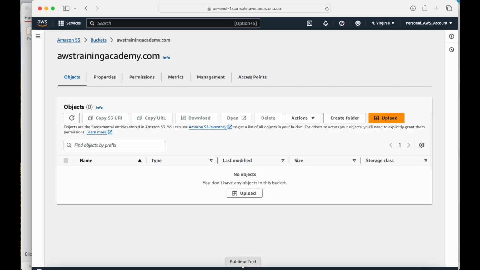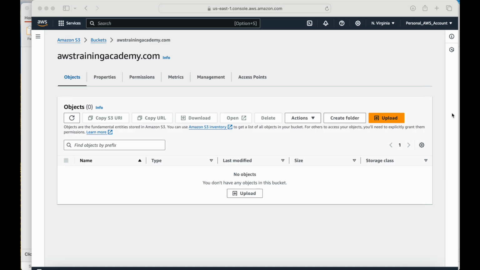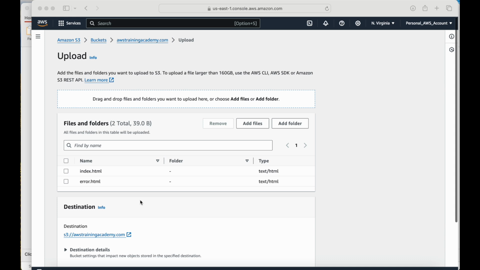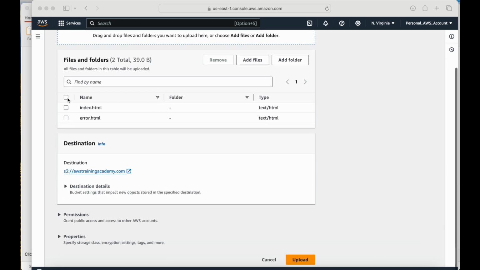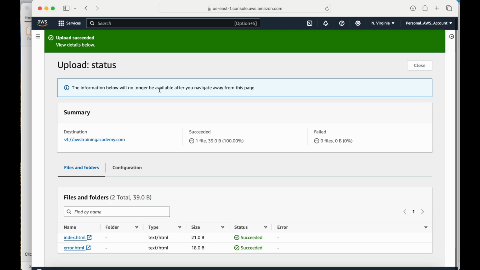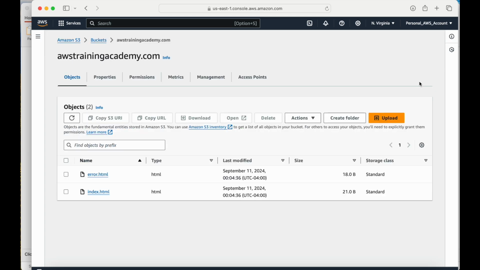One of them, the index.html, looks like this, where it says this is home page, and I have created an error.html file which says this is error page. So I'm going to take both those files and upload them here in my bucket. Both of them look fine, and I'm going to say upload, and they are available here at this particular place. I'm going to close this out,